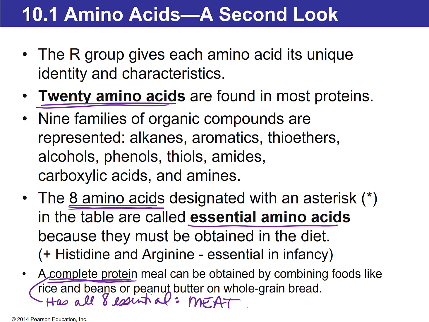So this is the thing. There are some countries where meat is really not part of their normal diet just because of refrigeration issues, because of the cost that's associated with it. And so that's why a lot of people will eat things like black beans and rice, a staple South American diet. The rice and beans, peanut butter and jelly is actually a complete protein source